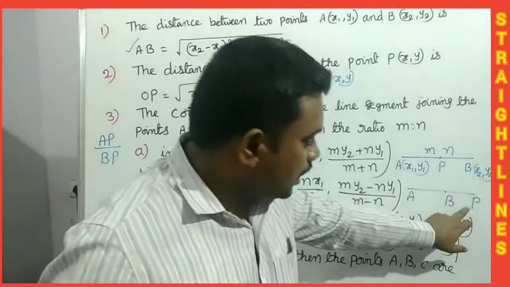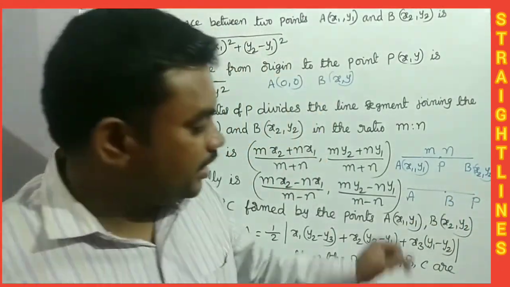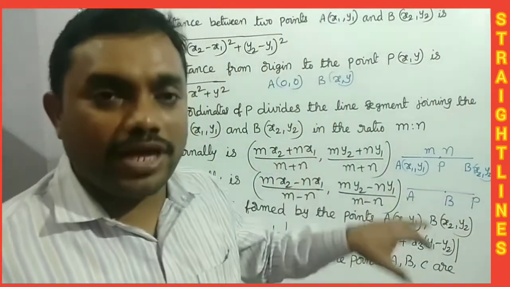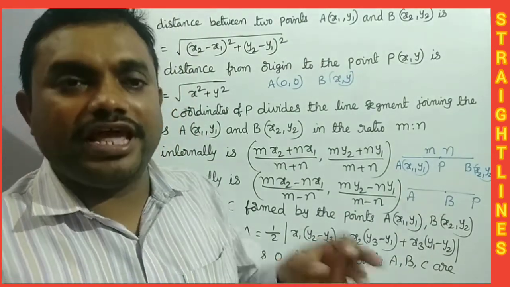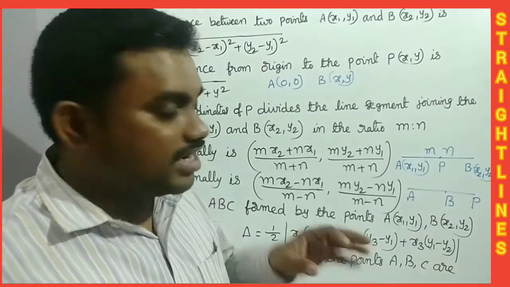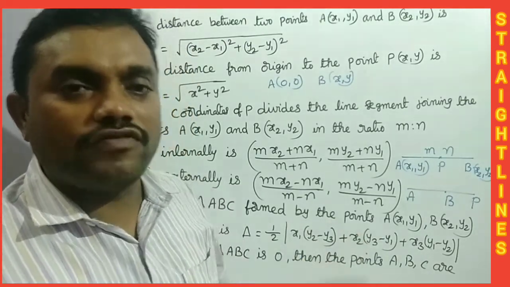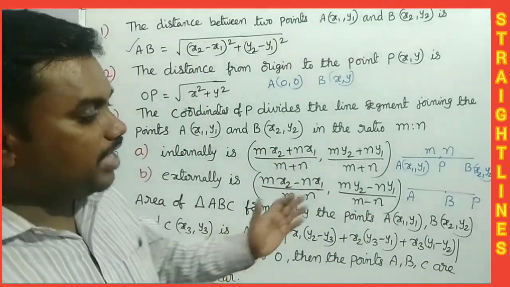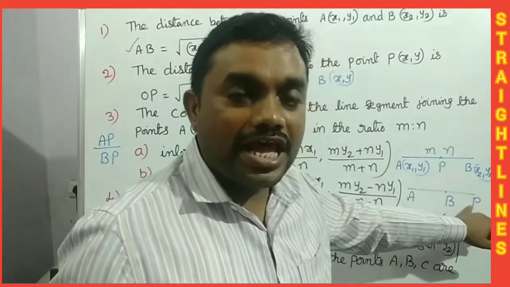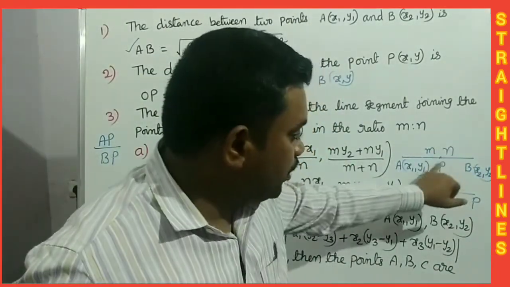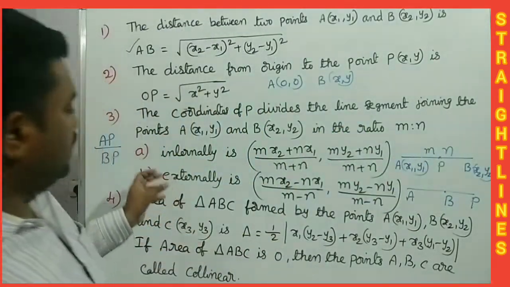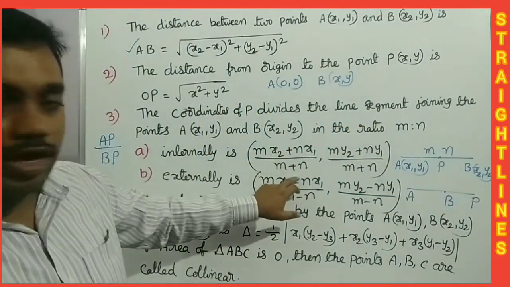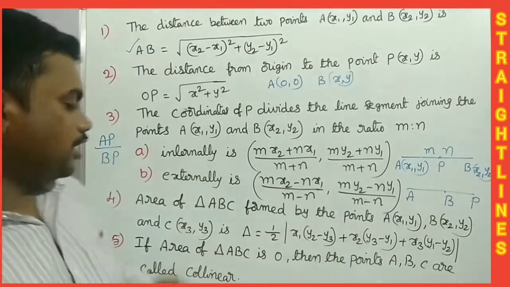When you see the line here, you have a doubt: sir, how does P divide AB? P dividing AB is not compulsorily between A and B. P divides AB means the ratio of AP and BP. When P is outside, we say it is external division. Inside, between A and B, it is called internal division. So internally the plus sign will come, externally the minus sign will come.